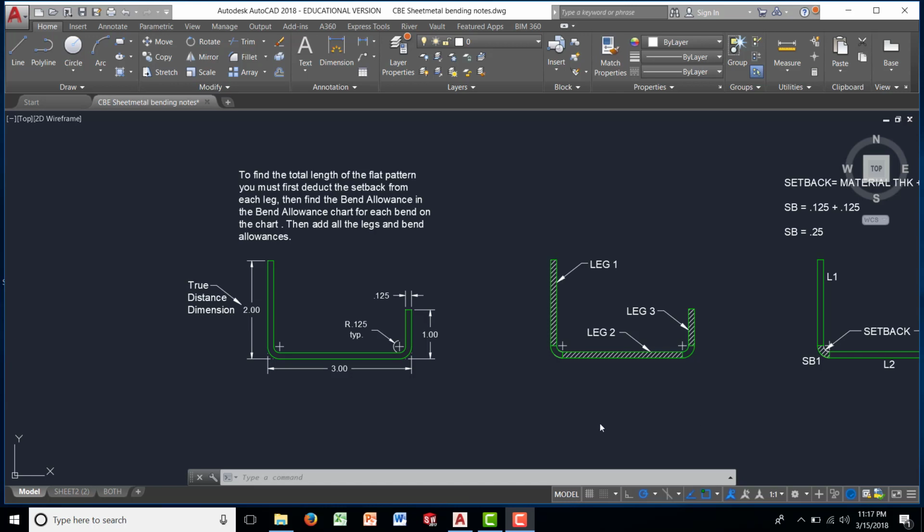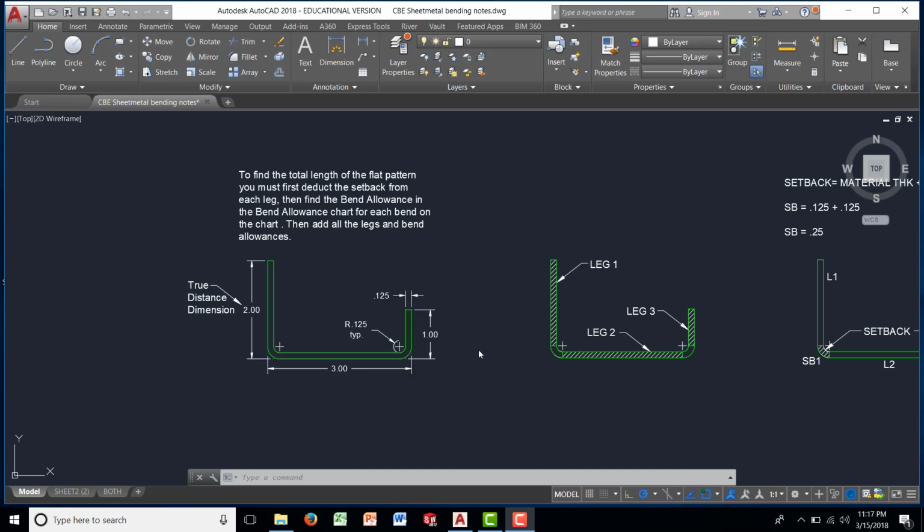Hello there. In this session, we're going to learn about how to create a flat pattern. Here on the screen, we have a model that has 3 dimensions. These dimensions are called true distance dimensions, and they are called out from 2 opposing flat surfaces. It has a 2-inch, 3-inch, and a 1-inch dimension. These dimensions are called true distance dimensions, and this is the method that we're going to use to figure out